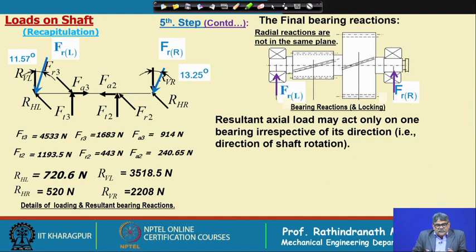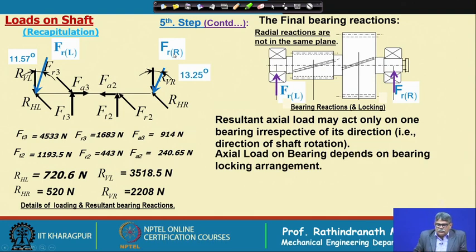And in the first attempt, without resolving the forces in horizontal and vertical directions, it could be difficult to find out these two reaction loads. Now, the resultant axial load may act only on one bearing, irrespective of the direction of shaft rotation. Look at this, if we rotate the shaft in opposite directions for the same load, say suppose it is rotating